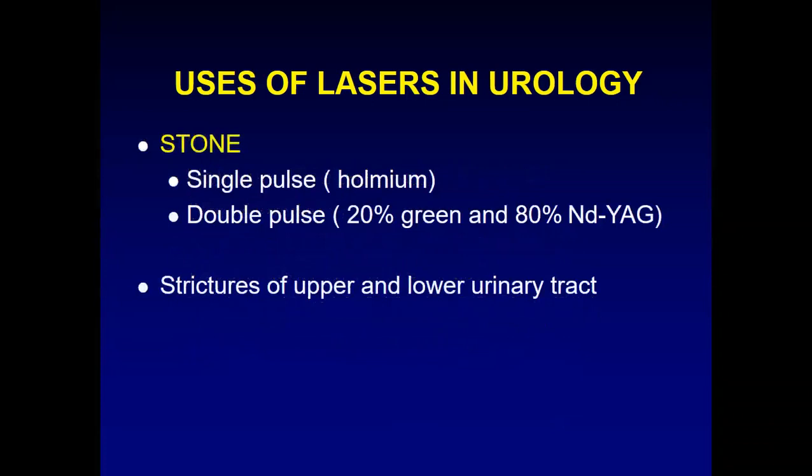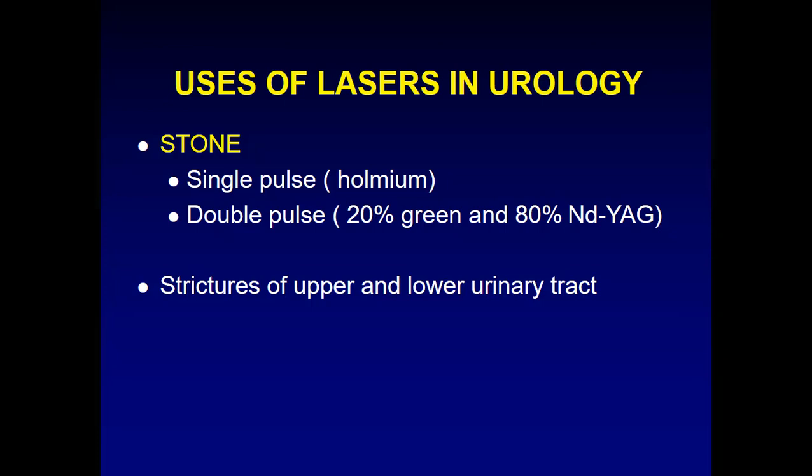In stone, you can fragment it intracorporeally using a flexible or semi-rigid scope. We did a lot of RIRS cases over here, and we used a semi-rigid URS, which is not fully rigid. We used to go to the pelvis, and place a guide wire laterally so that the stone doesn't fall into the calyces, and then we used to fragment it with the laser we had. But now newer technologies have come.